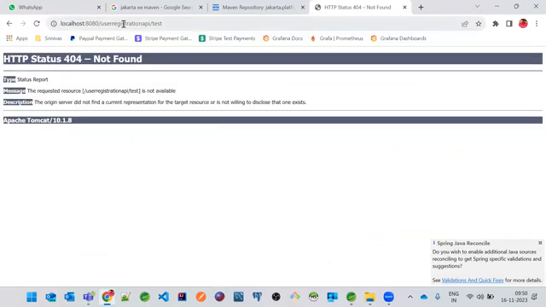Got it? So to make this application work, what we need to do, first of all, so first we need to configure a dispatcher servlet because that is the only servlet which is going to receive the end user request. Who is the end user over here? It's a client. Browser is the client, right? Yeah.